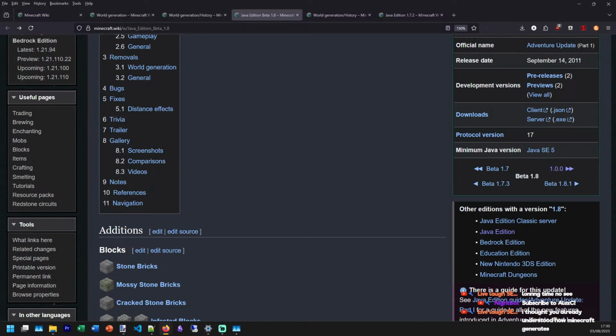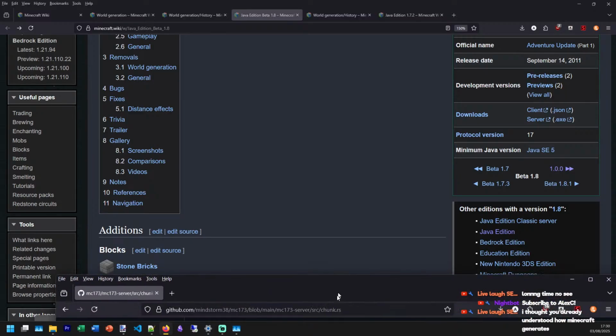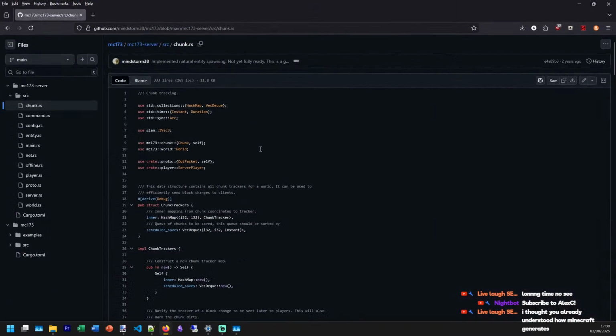It's 1.12. That's beta 1.7.3. Oh, it's in Rust. Same thing. Guys, I don't know how Rust works, but I'm sure it will work something.